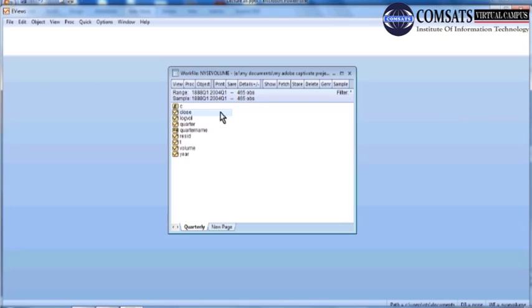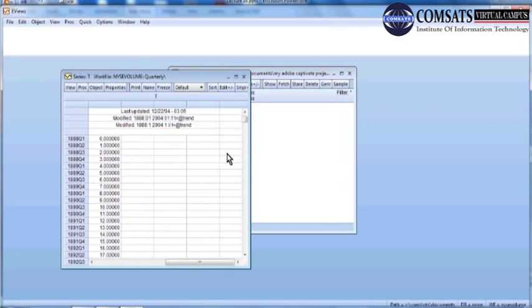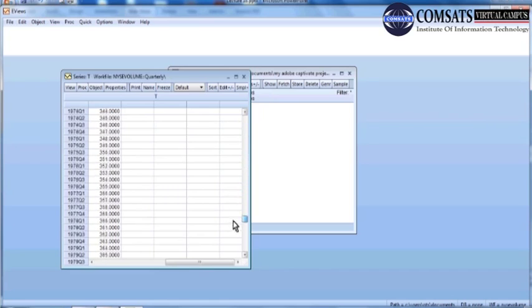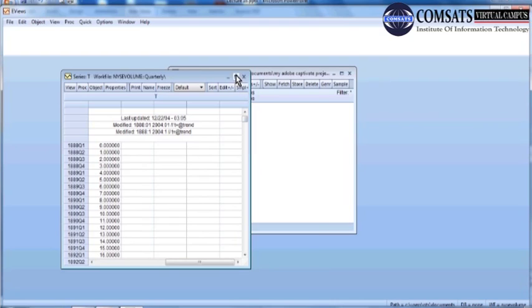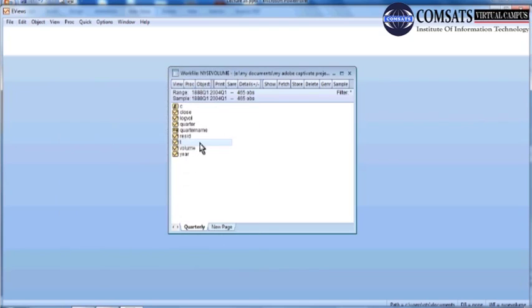Since the closing values are not available quarterly, let's see what is in T. So T values are given in T. I think this is a simple counting. But anyway, this can serve the purpose. I just want to show how the group statistics look like. So T and then volume, and the third variable is this one.